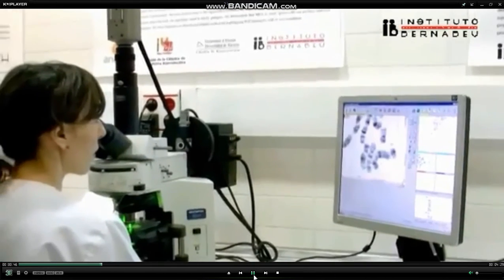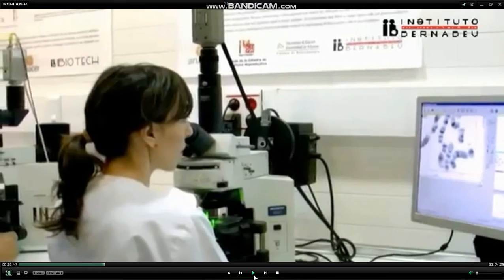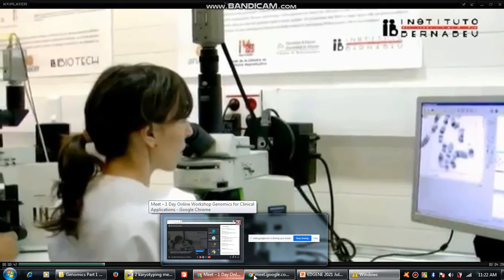So here you see, this is the microscope. Many of you have handled this in your labs and your clinics. It is a kind of microscope which gives you a direct observation of the karyotype. Previously, manual photographs of the karyotype were taken and made into a print, and then the clinician had to cut the photograph and arrange it into a particular pattern, so that they could identify whether there were abrasions, deletions, insertions, and many other things.